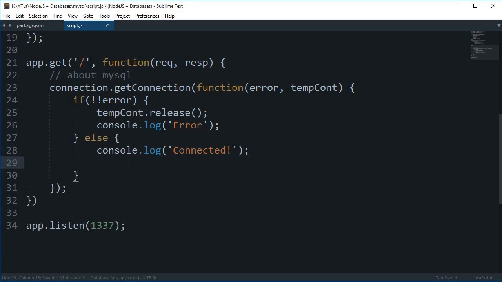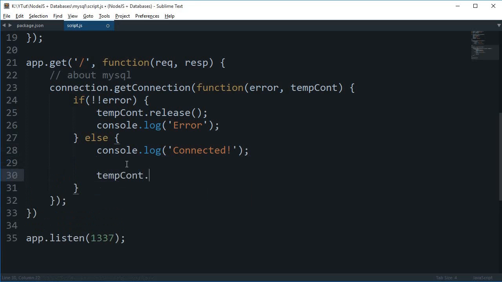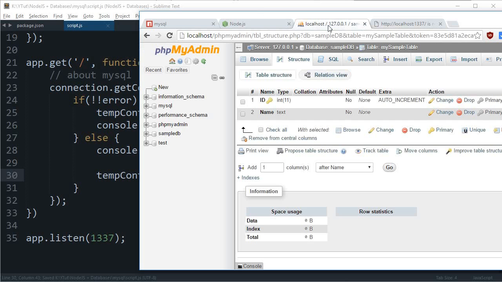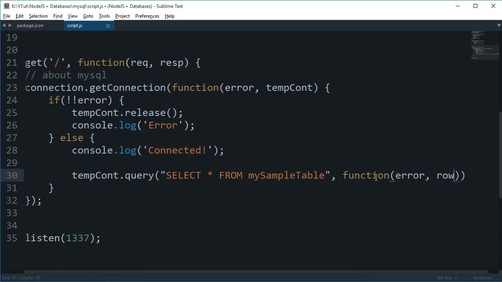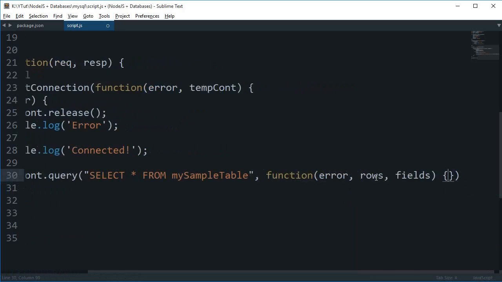and then I want to do a query again, simple like that, which we did previously. Query select star from, and what was the table name, where is it, my sample table. And yeah, that's pretty much it. I'm not supplying any sort of condition. Again, we have the same error, rows, fields,